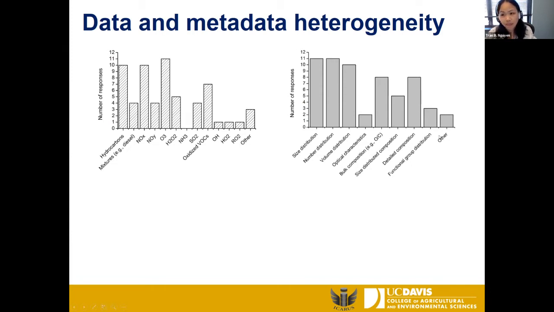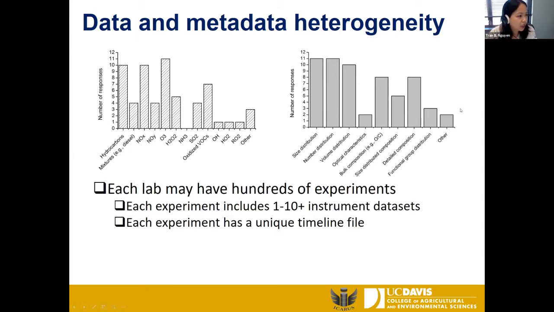There are functional groups: OH radical oxidation will create many types of functional groups, and sometimes there's spectral data that describe them. So there's actually a lot of ways this data can look.